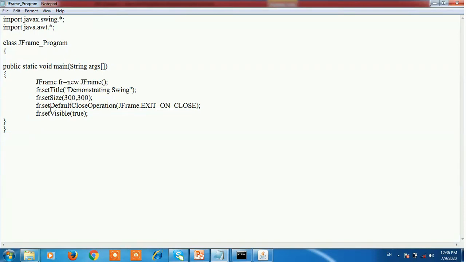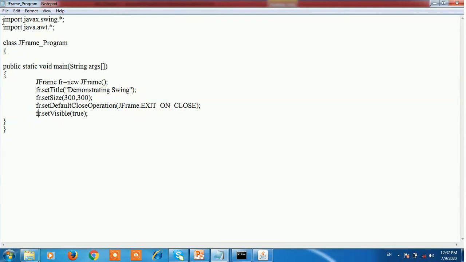Next, fr.setDefaultCloseOperation, the parameter is JFrame.EXIT_ON_CLOSE. This method is used to close the frame window. And setVisible true is used to make the frame visible. By default the frame window is invisible, so the setVisible method is used to make the frame window visible.